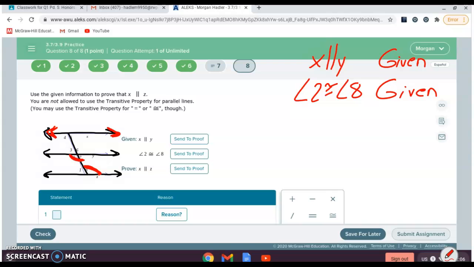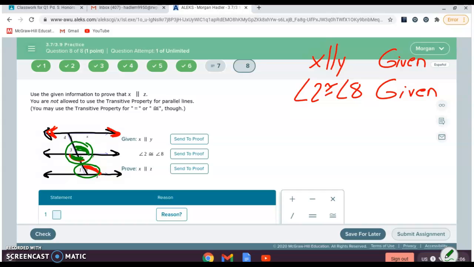Okay, now this is where it's going to come in handy. So we know that those two are going to be congruent. Okay, so here's where this is going to happen. You're going to want to find some way to relate this set of angles to these two angles. So right away, what this looks like to me, what can we say is congruent to 2? The easiest thing to say that is congruent to 2 is going to be angle 6, because we already know